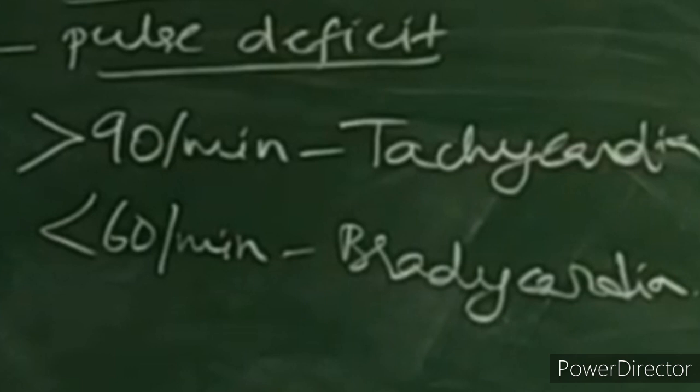When the pulse rate is increased, tachycardia is seen physiologically in newborns, in pregnancy and after exercise, and pathologically it is seen in high rates of fever and some illnesses and infections. And then bradycardia, that is less than 60 per minute, again is seen physiologically during sleep and in old age,